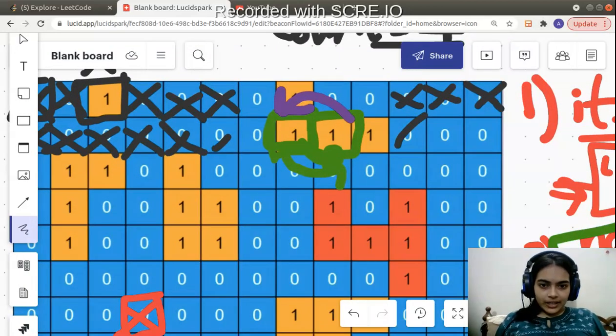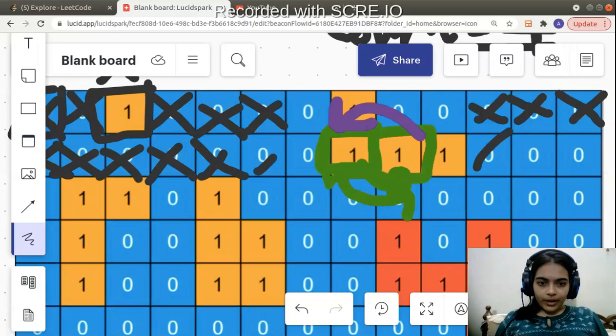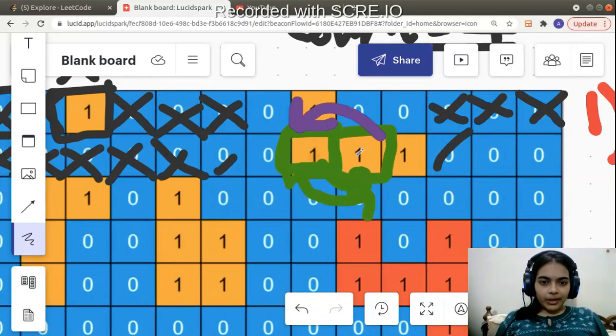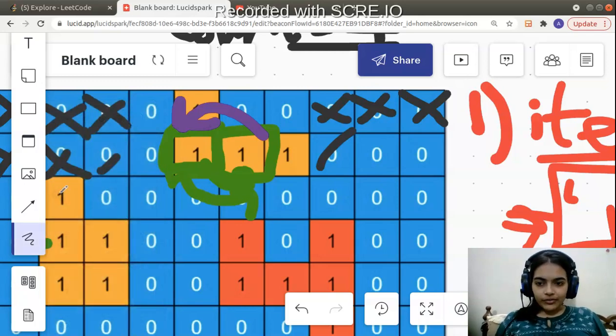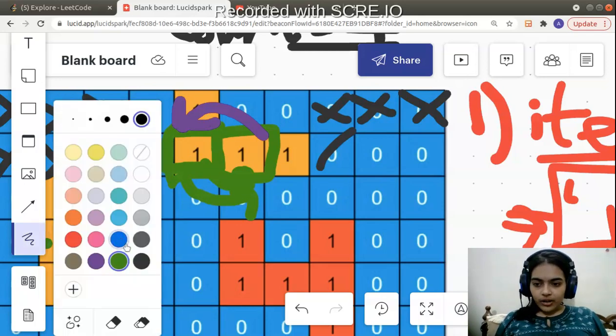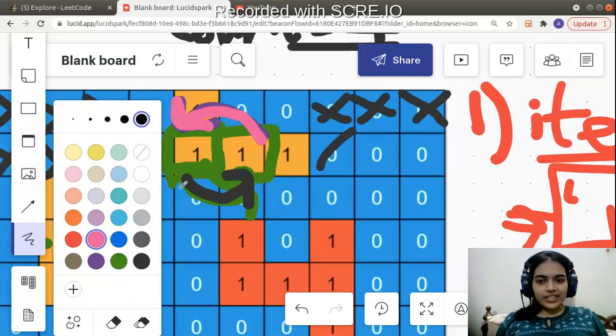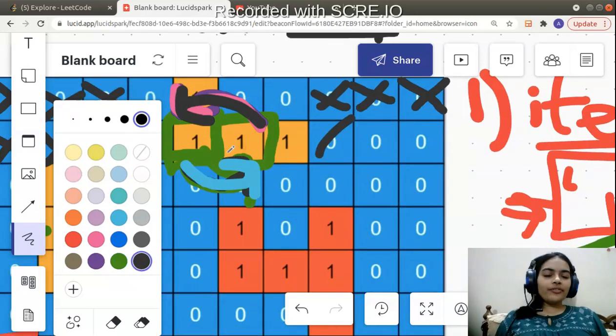This guy is going to call its left neighbor. Now this guy will again call its neighbors. You have again entered into the function call of the first cell. What will the first cell do? The first cell will again call its right neighbor. What will the right neighbor do? When the right neighbor, the second guy, calls its neighbors, it will again call the first guy. What will the first guy do? The first guy has to call all its neighbors to check for maximum area. It will again call the second guy. What will happen? This will keep on continuing, and you will actually face a timeout situation because the recursive calls will never end.